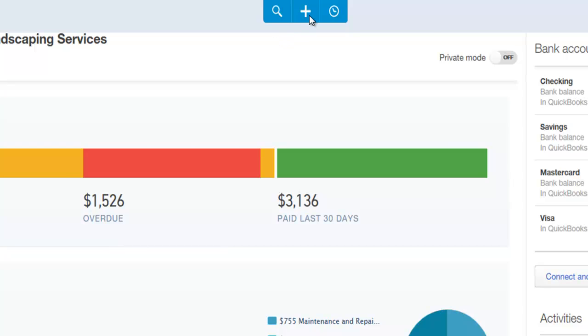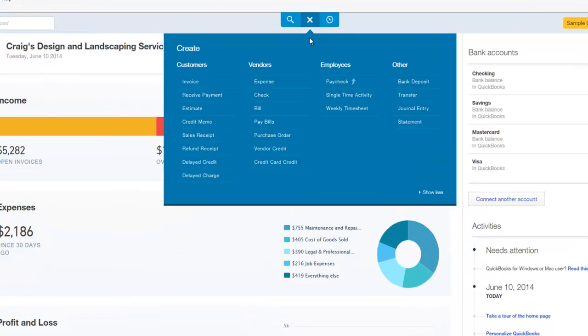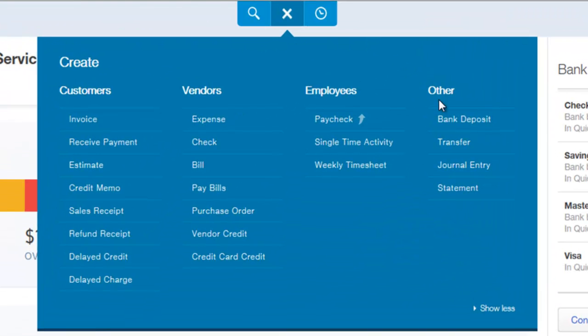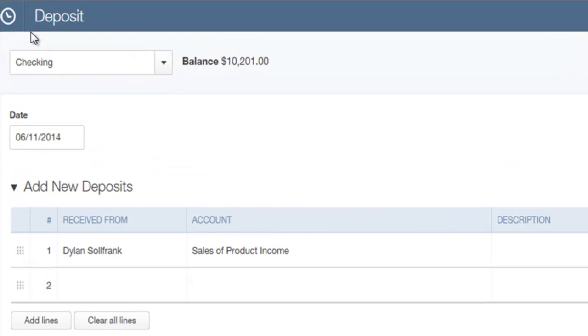So when we record a deposit, as we've done in the past, we come to our home screen, we click on the plus sign at the top, and we get our Create Transactions window. Bank deposits are other transactions in QuickBooks Online. So under the Other column, we select Bank Deposit, and we get a deposit form. We select the bank account that we're depositing the money into, the date,